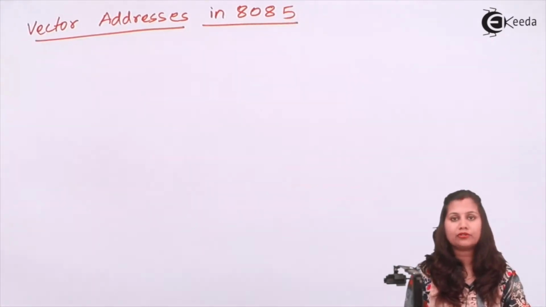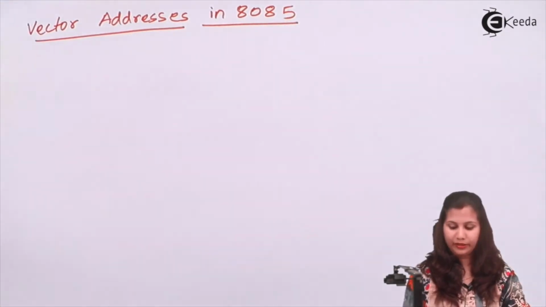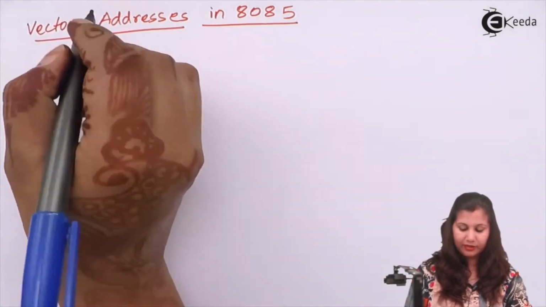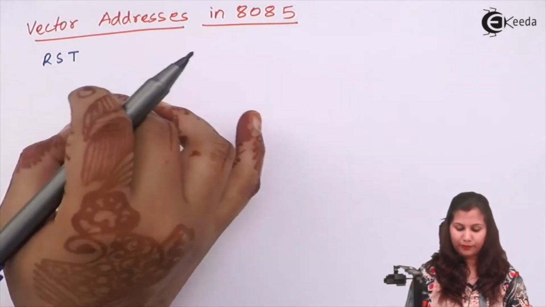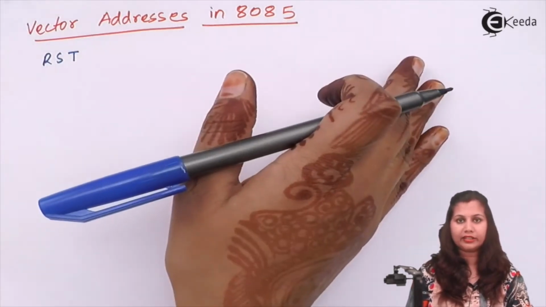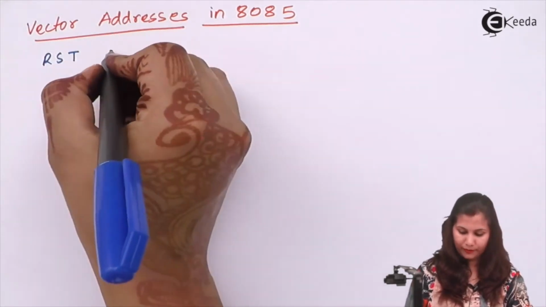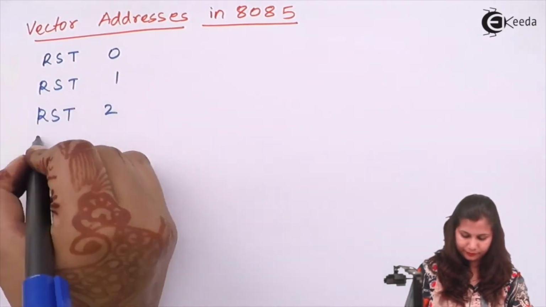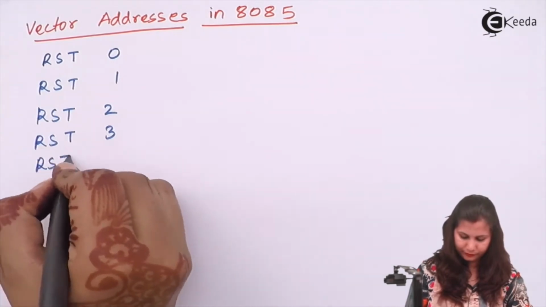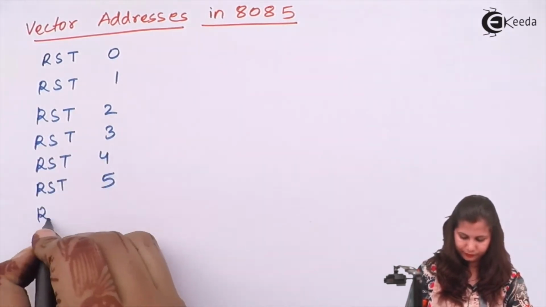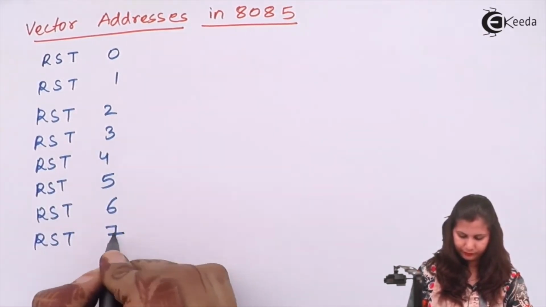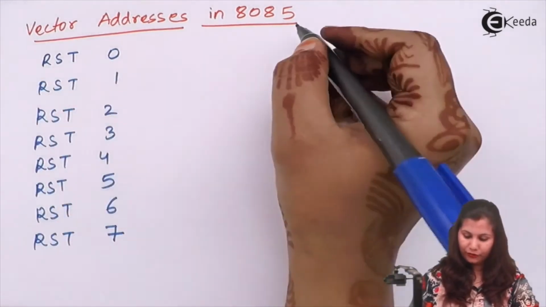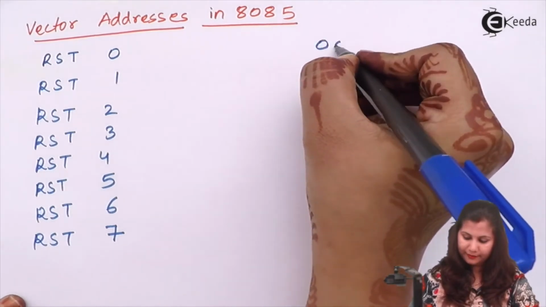So out of the interrupts which are available in 8085, we have RST0 to RST7. These were the software interrupts. So first we will study the vector addresses for these software interrupts. RST0. So these were the software interrupts. Now for RST0, we have the vector address